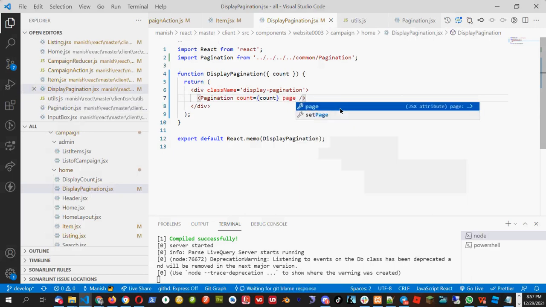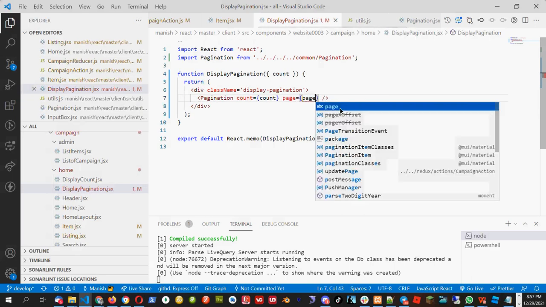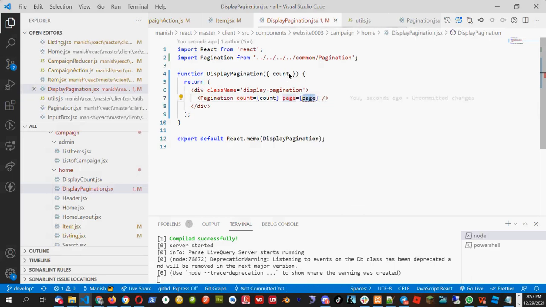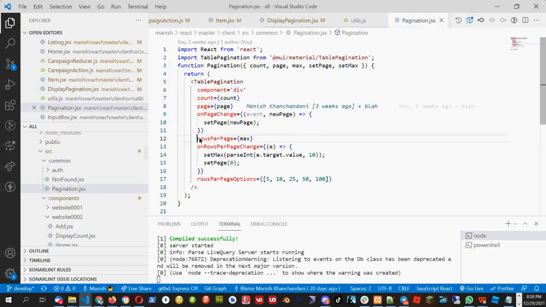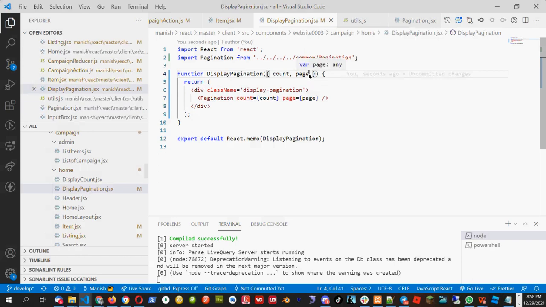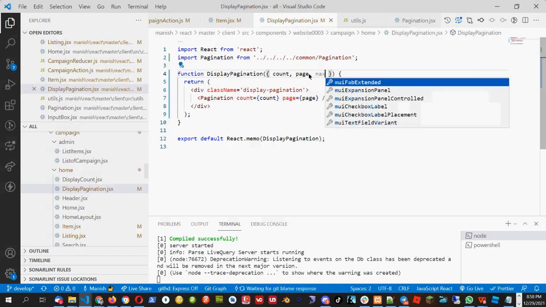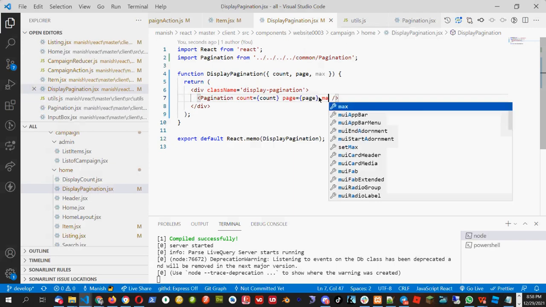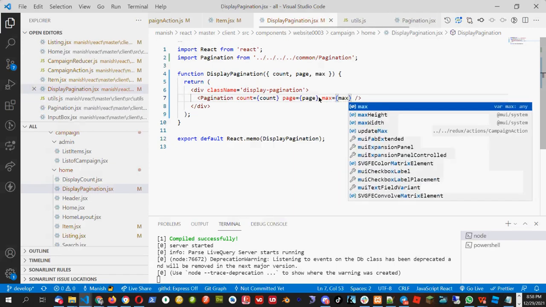This also will come from the listing page, and I will pass it as props here. Next thing we need is rows per page, that is the max number. So let's get the max number also from the listing page, and here I will pass the max number.